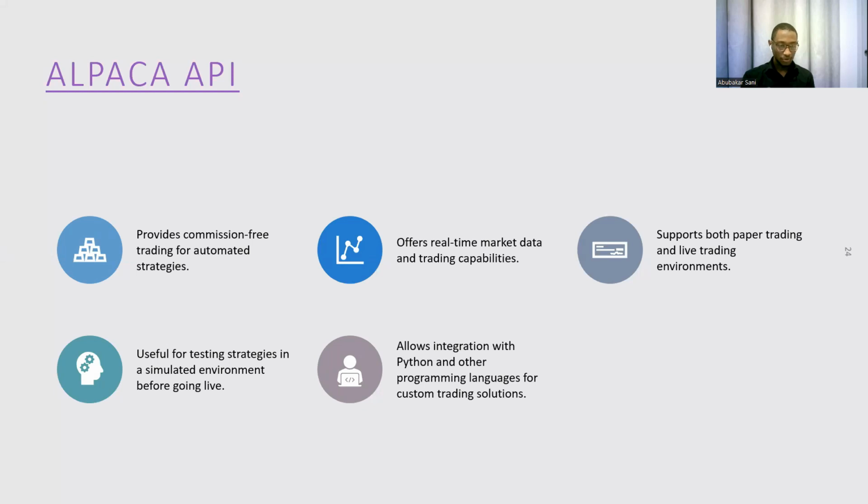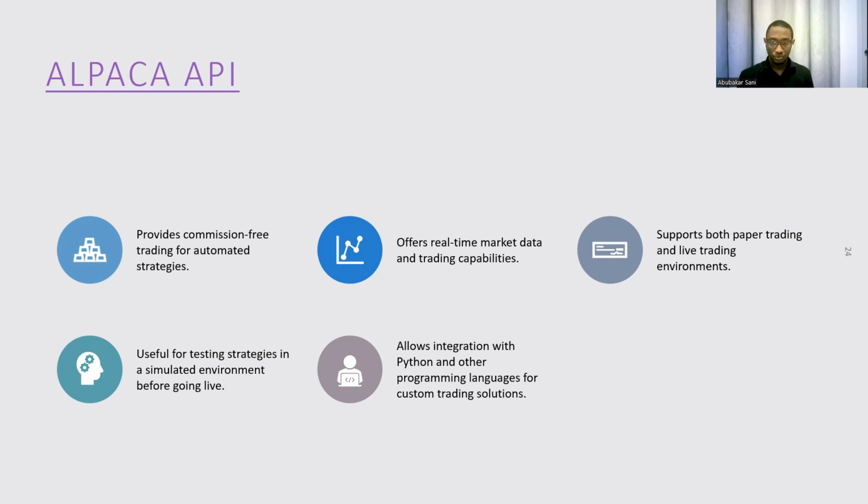Now we have developed the code, we are happy, and we have tested it using historical data all in Google Colab. But our main target is to connect whatever we do to the real market. We do not just want to say we like this and then go back to the real market and execute trades manually. That's not what we want. We want the bot to do that execution on our behalf without us having to be around. And that's where the Alpaca API will help us.